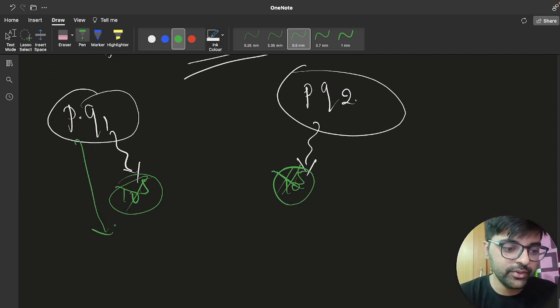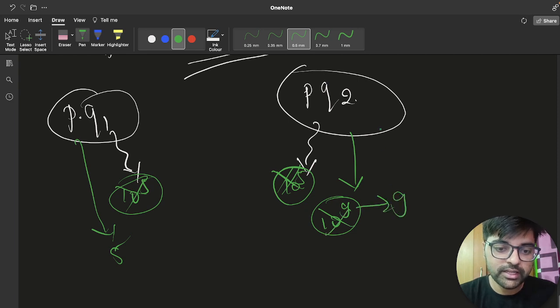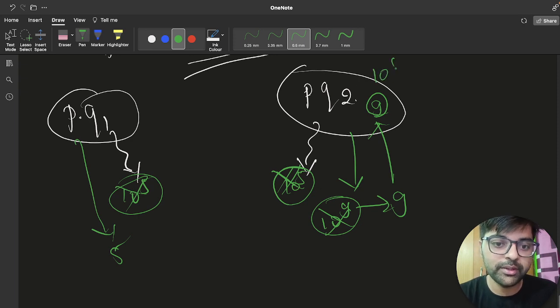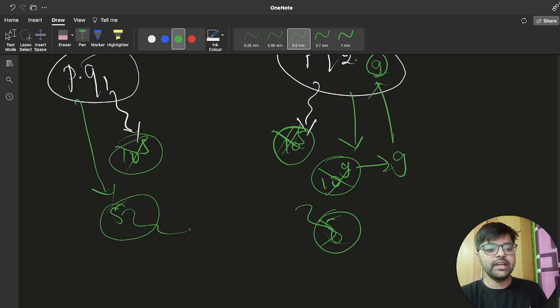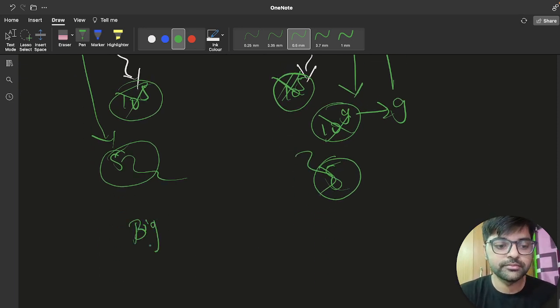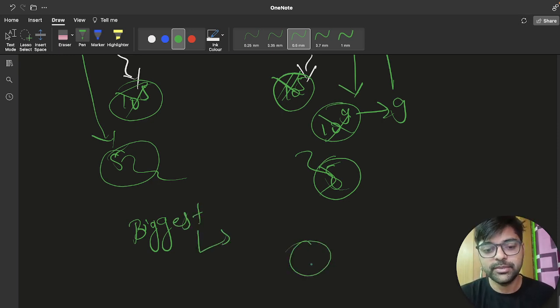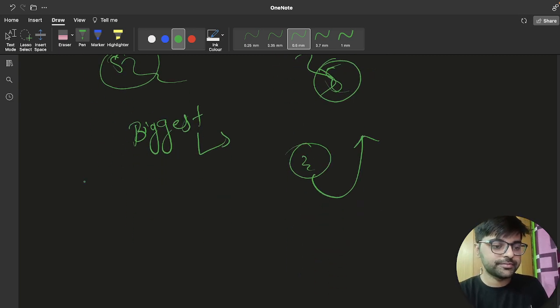But let's consider here we are getting 5 and here we are getting 10 to the power 9 as the biggest number. Then what I will do, I will make it 9 and put it back in here. Now let's consider we are getting 10 to the power 5 as the next biggest number. Then I will take out 10 to the power 5, make it 5, and these two will match, right? So every time try to match the biggest number. If they are matching, then there is no need for an extra move. Else take the biggest number, apply the move, and put it back in the priority queue, right?